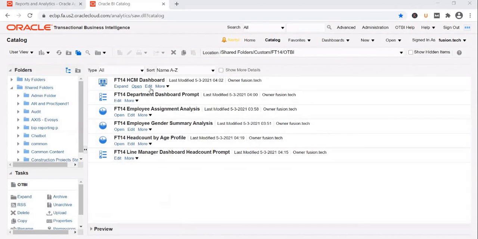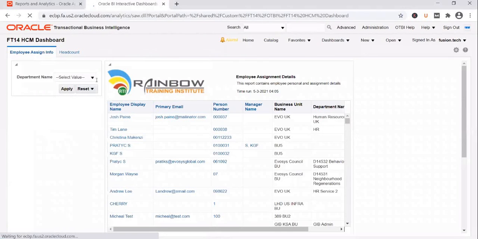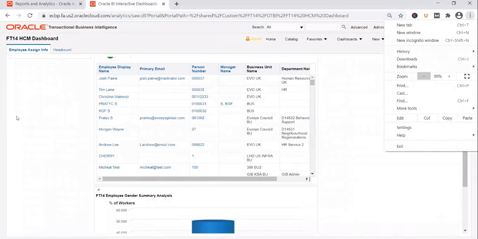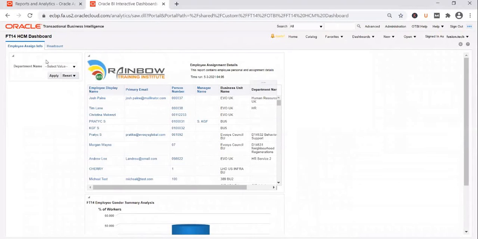If you look at the dashboard in the first page, we have added 2 reports, right? And how did we create this dashboard prompt? We created this dashboard prompt with the same subject area and the same column that we have on the report. And on this report, what did we do? We applied a filter on the department name. And what did we mention? We mentioned it as is prompted. Remember the change that we did? So is prompted means this report will take the input from the dashboard prompt.